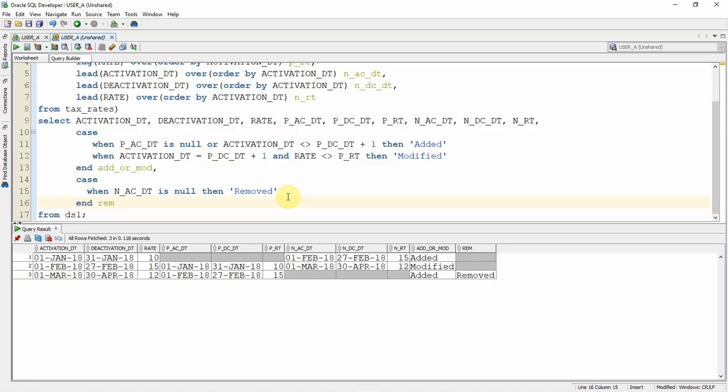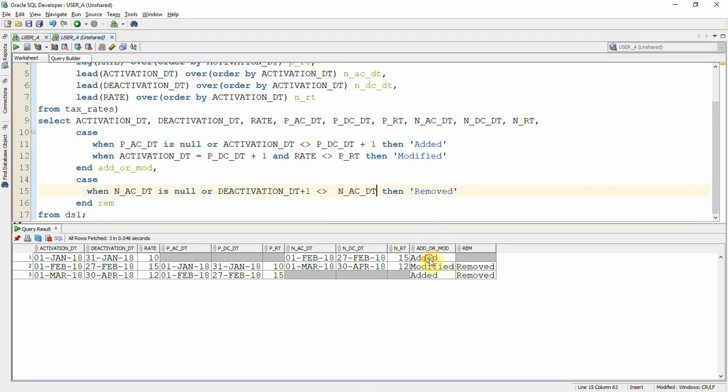There is another condition: the current deactivation date should have continuity with the next activation date, but here there is a discontinuity. Ideally it should get activated from the immediate deactivation date, but in this case there is a discontinuity. So our deactivation date plus 1 not equal to next activation date. If that holds, then also it is considered as removed.